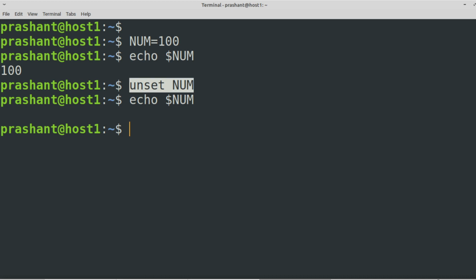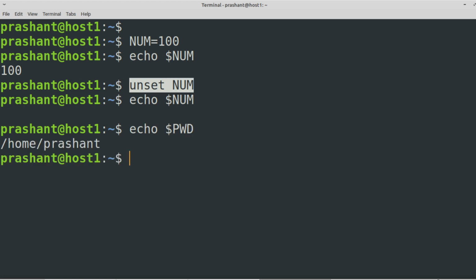Before using the export command, remember, don't change environment variables frequently, as they are needed by different OS processes and programs. Changing environment variables is not recommended, but we will try to change the environment variable PWD. Let's change the value of PWD.